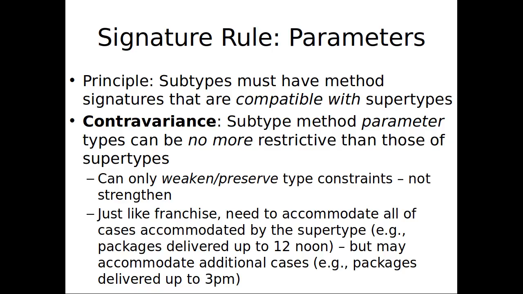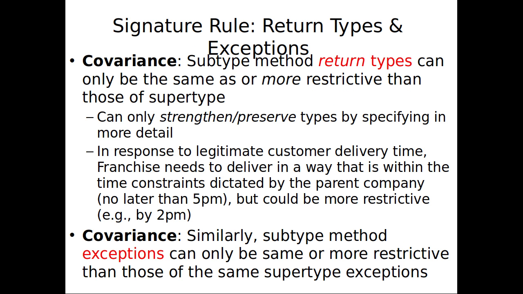We know for B, the supertype, that we can call Zap on any old set, type-wise, and so we need to be able to do that for the subtype. If it wants to take more things, that's fine. That's its business. If we're treating it like a B, we don't even know about that. It's only if we're treating it as an A that we could take advantage of that flexibility. Okay, now,